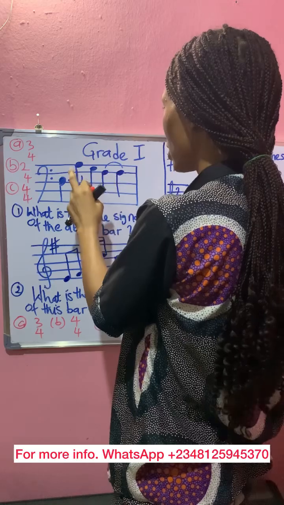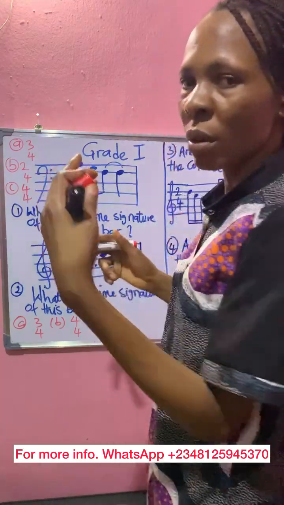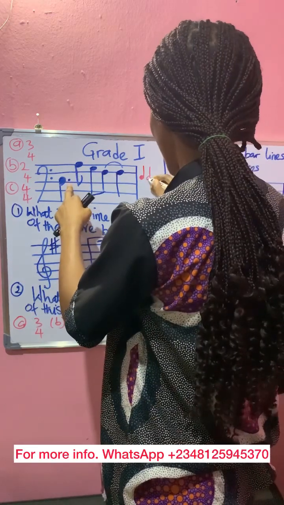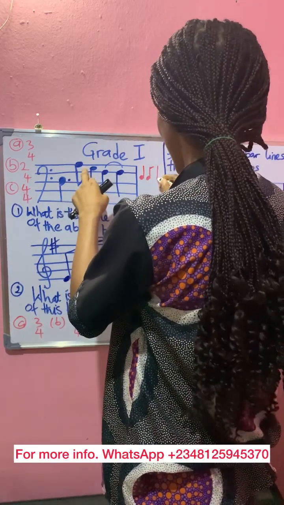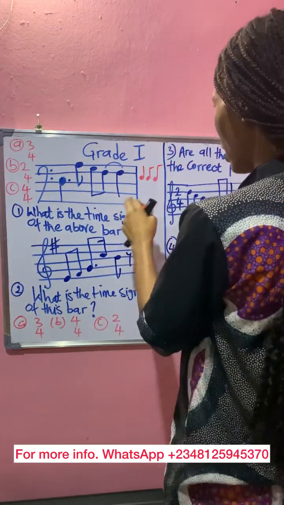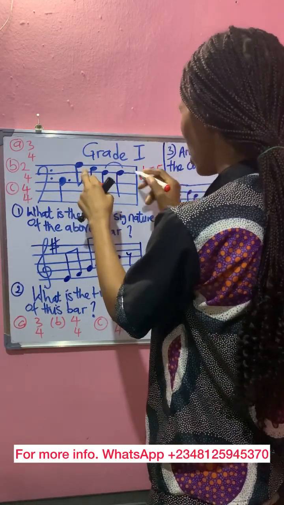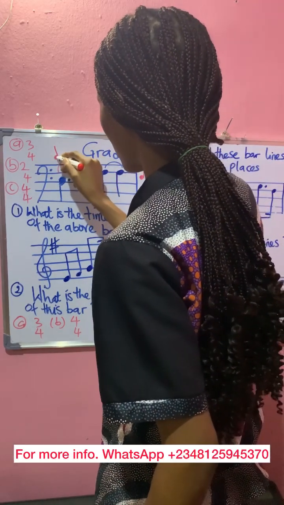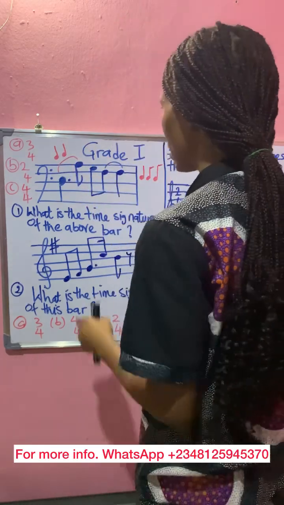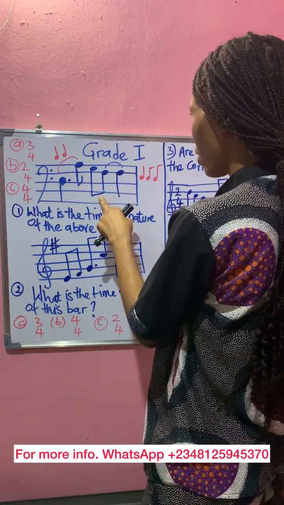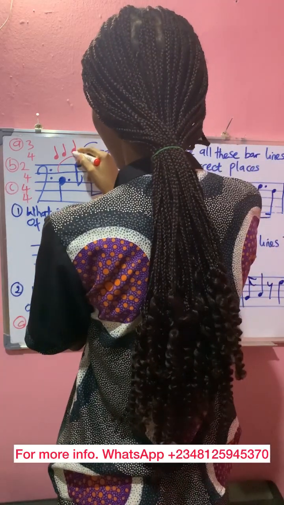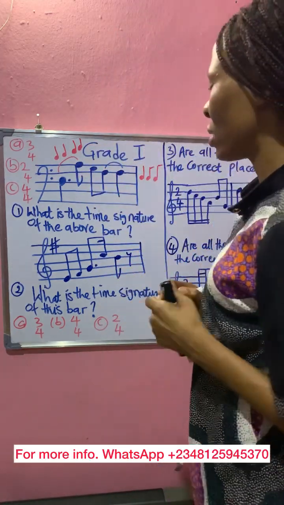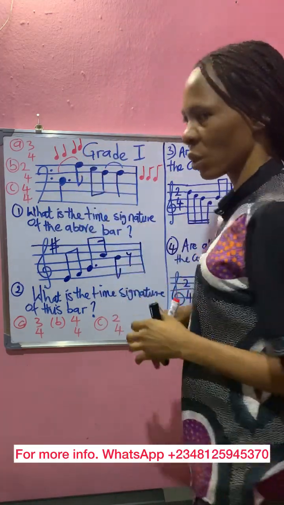Now 1.5 crochet plus a quiver makes it 2 crochet, because it's just like saying 1 crochet plus this dot is like a quiver, and another quiver here, which is this. So now from here to here we have 2 crochets, right? Then we have here 2 quivers, which is equivalent to 1 crochet, and we have here another crochet. So you can see now